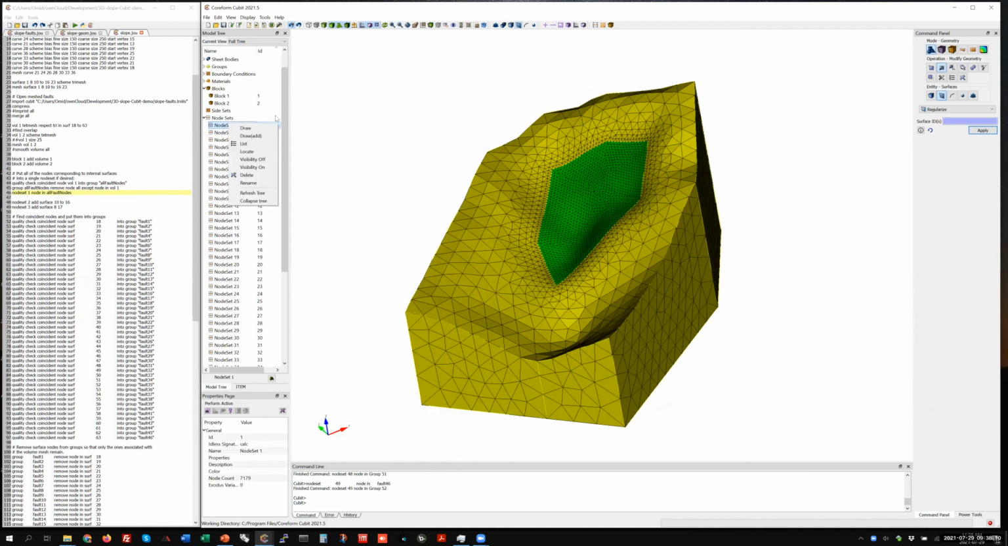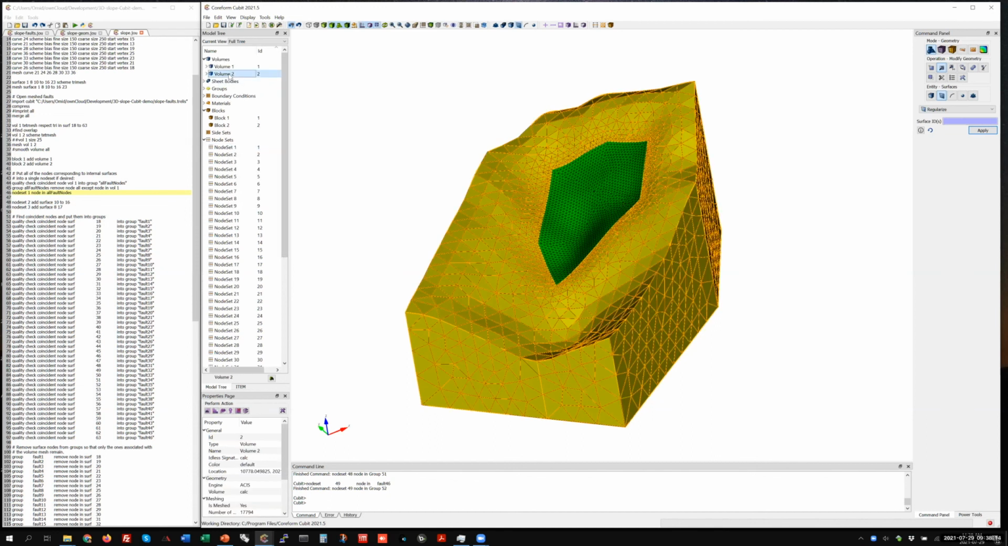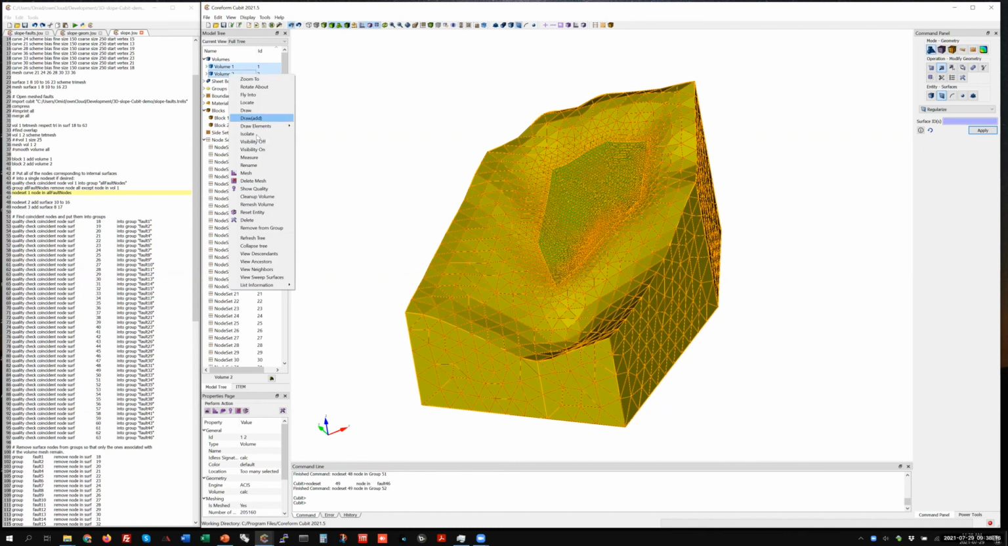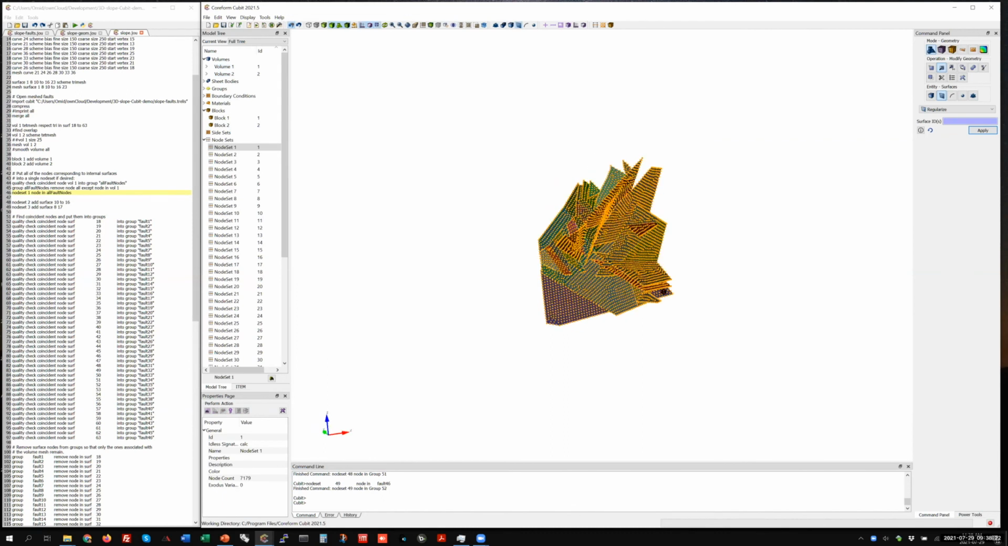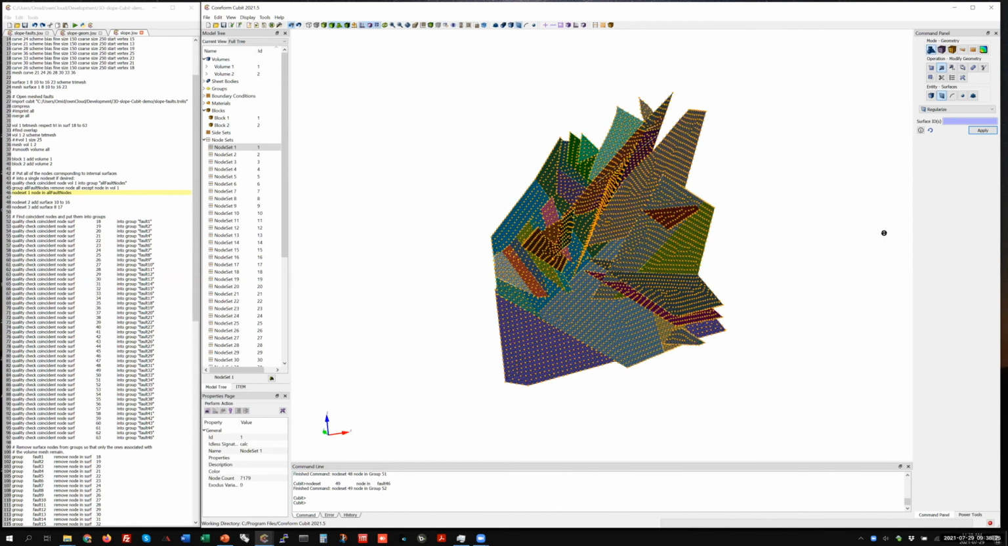No isolate here. So an easier way would be to turn off the volumes here. Okay, so node set 1 is the nodes on all the fault surfaces. So all these nodes are grouped into node set 1. Okay,